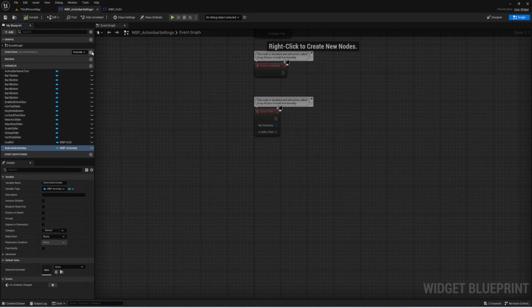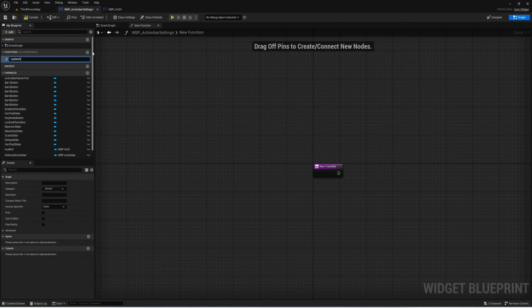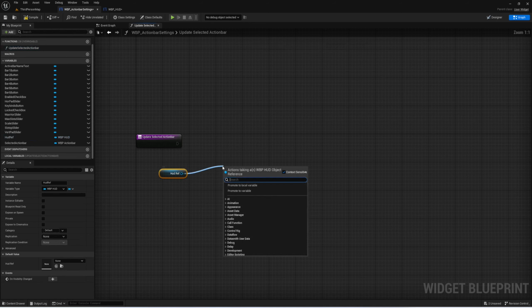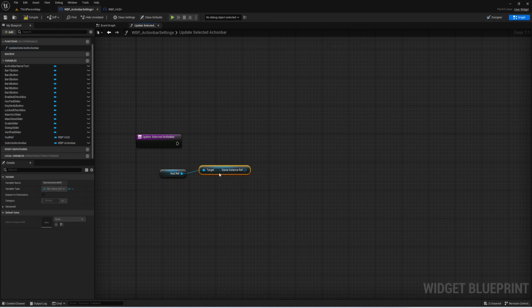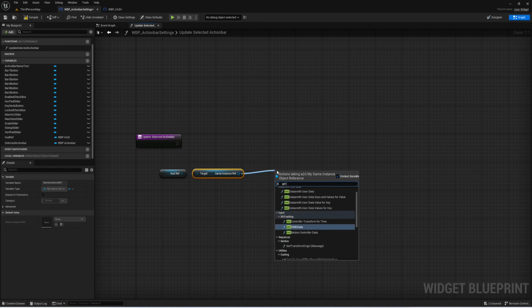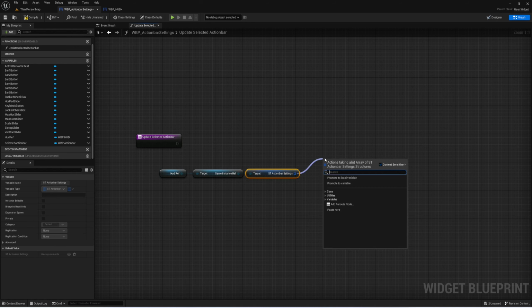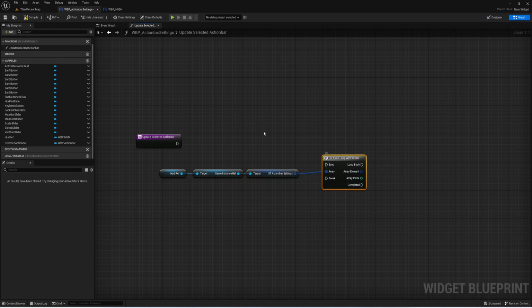Let us create that. That's going to be called update selected action bar. Now out of update selected action bar, this is going to be a mess. We're going to get our instance ref, game instance ref from our HUD, and from this we're going to get action bar settings. Now out of action bar settings we're going to do a for each loop with break,